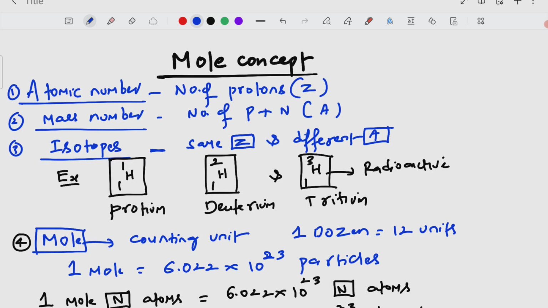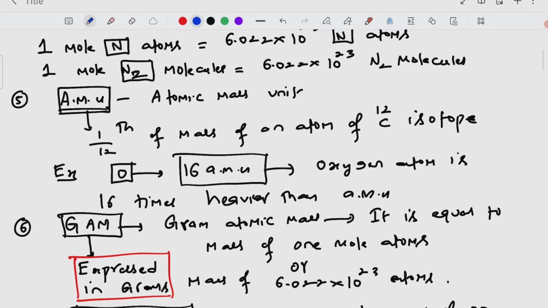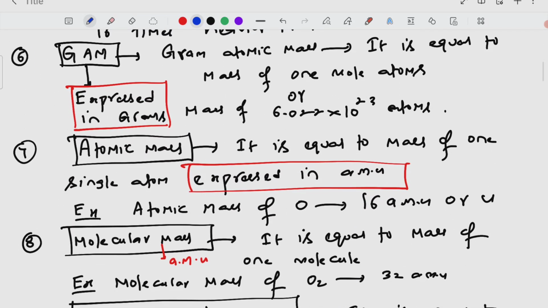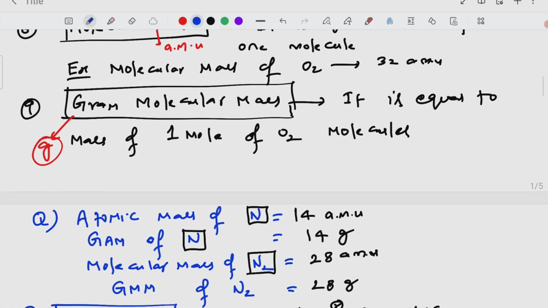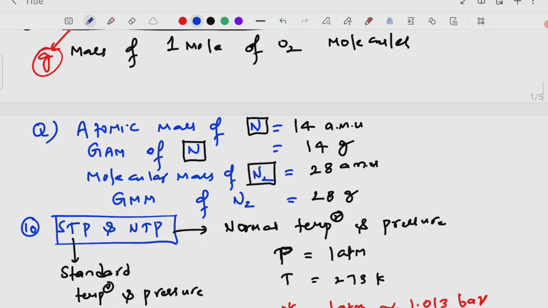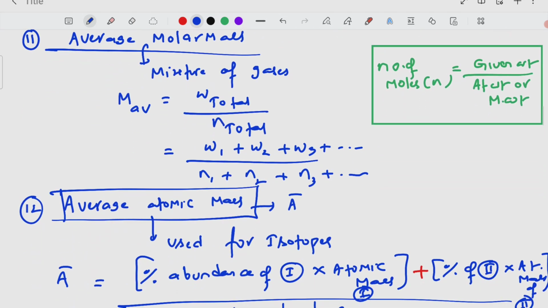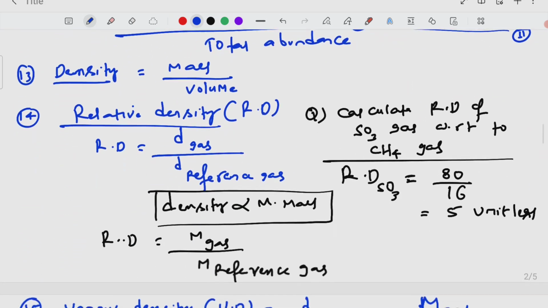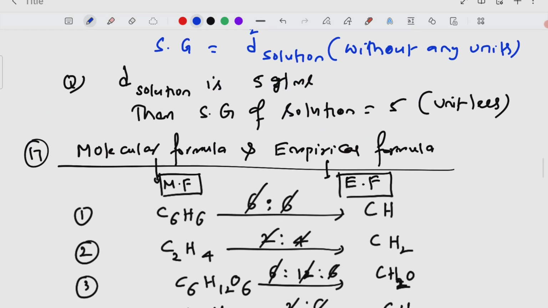In today's lecture, we completely focused on the lowest possible basics where students make mistakes: atomic number, mass number, isotopes, mole, AMU, GAM, atomic mass, molecular mass, gram molecular mass, the difference between them, STP, NTP, where there is maximum chance of confusion, average molar mass, average atomic mass, density, relative density, vapor density, specific gravity,